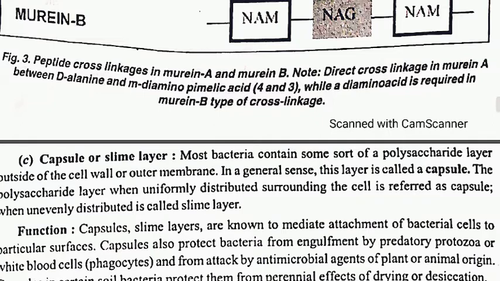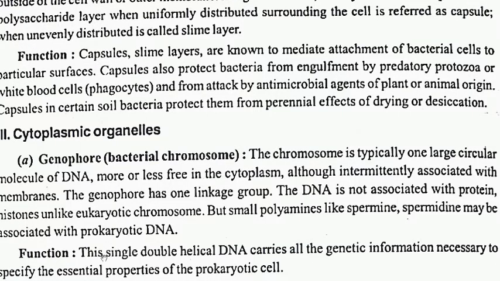It is another layer which is found in many types of bacteria, mainly gram positive and gram negative, cyanobacteria and archaea. And this slime layer is composed of crystalline arrays of protein or glycoprotein subunits. In gram positive organisms, the slime layer lies on the outer surface of the peptidoglycan layer.